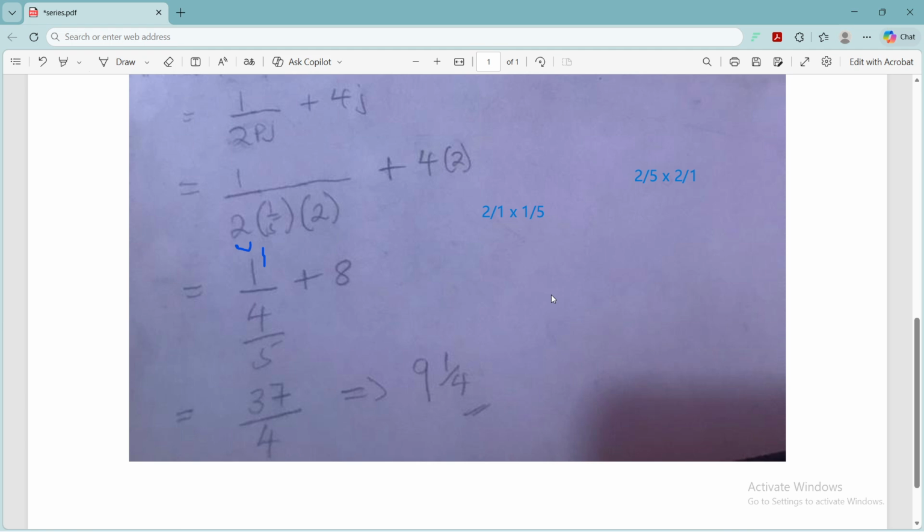So we are going to have 1 multiplying 1, the denominator 1 under 8 multiplying the denominator of 1 over 20, right? For us to get 1 times 1 plus 20 times 8, all over 20, right? So 9 times 8 would give us